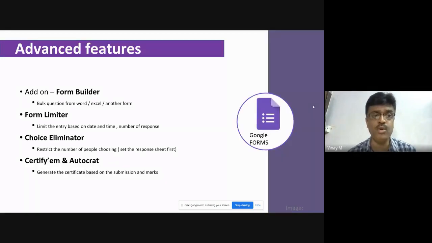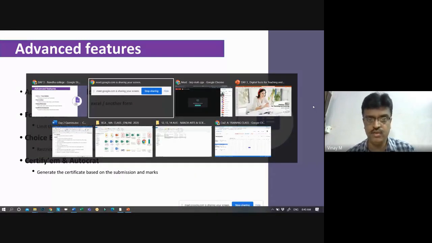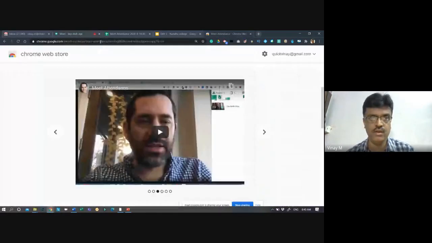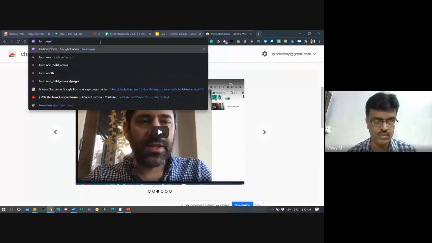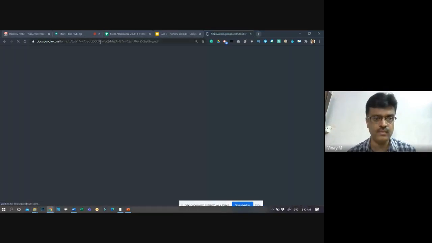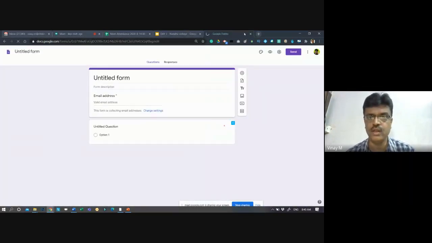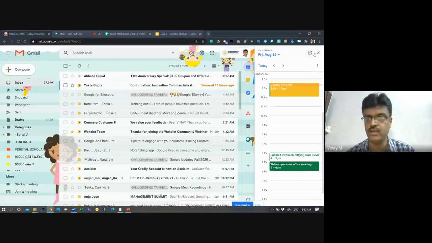First thing, there are more things available in Google Forms. Beyond the basics of what is available in Google Forms, you have to go with something called add-ons. It is available in every application, but for Google Forms it is most important. If you look at my screen here, form.new. One second, I will use the drive and then I will try to show you. It becomes easy.